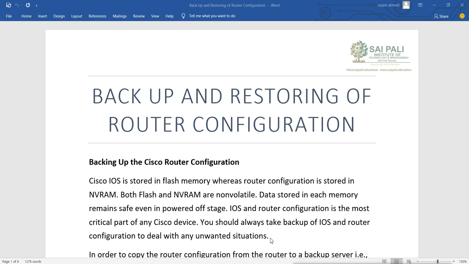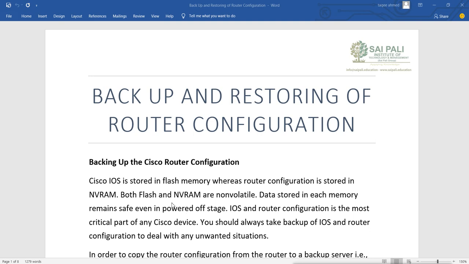Then our IOS, what is it? It is the operating system of Cisco devices, a router or even a switch. Whenever our router or switch starts, the IOS files are stored in the flash memory. When our router or switch starts, it copies the IOS into the RAM.